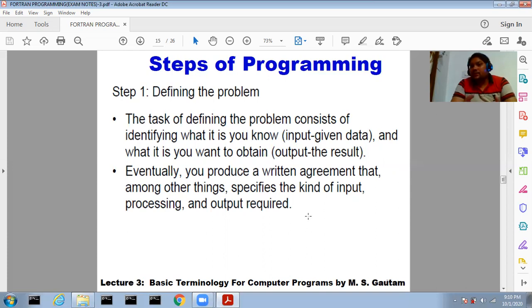So well defined means we have to know about every variable. We have to identify the variables on which our input depends, on which our output depends, on which our operations depend. We have to identify those variables on which our output can be modified. So a well-defined problem is a half-solved problem. If we are able to define the problem accurately, then it is very easy for us to solve a particular problem with the help of a computer program.